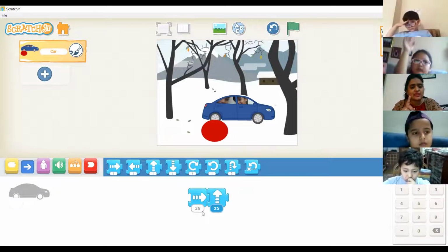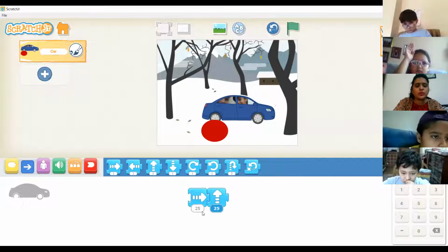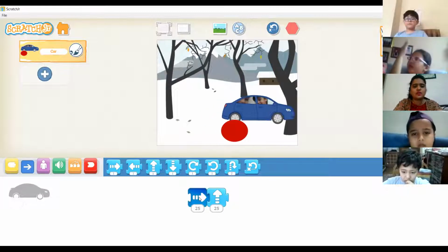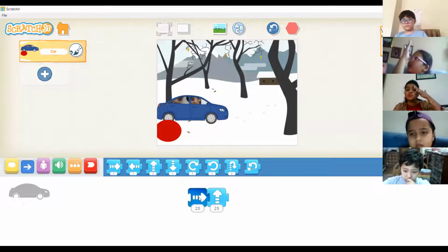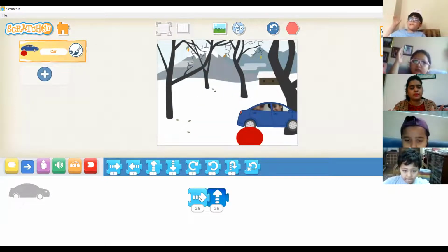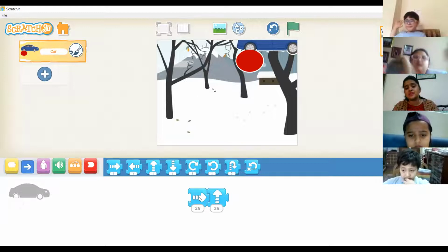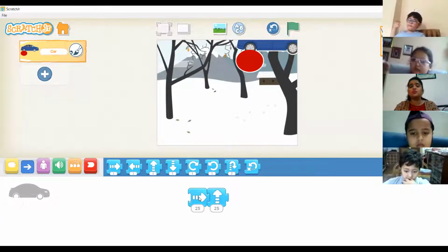So first it will move to the right and then it will move up. Let's see how it will work. I'll again click on this arrow. See, it is moving to the right 25 steps and then it is going up. Can you see that? So I have given two instructions to the car to first move 25 steps to the right and then move 25 steps up.